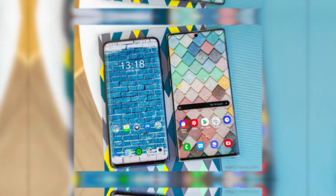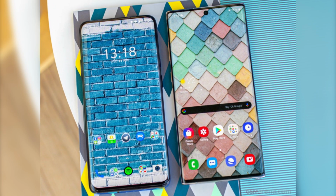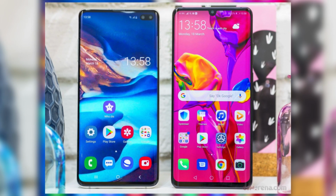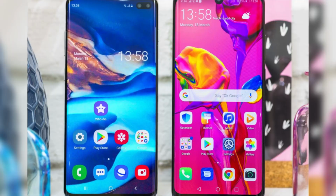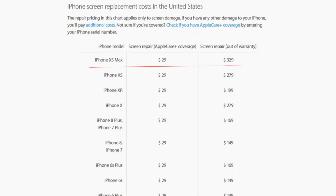Most of us have been in Mr. Frank's situation before, or at least something close to it. Your phone falls down and you almost have a heart attack. The cost of fixing a flagship phone with an OLED display will buy some mid-range phones with plenty of change left. Now, according to the official Apple website, Apple charges $320 for the iPhone XS Max screen repair, which is